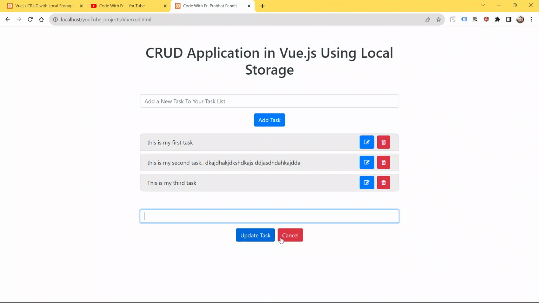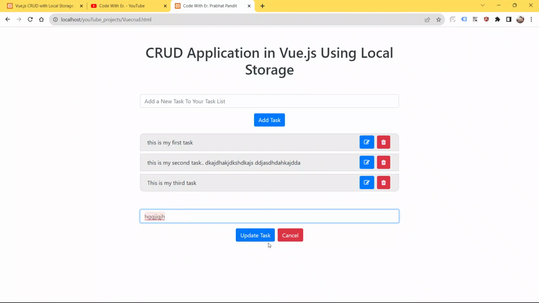If the user hits the button cancel, then we will hide this input box, we will hide this entire form. Whenever the user hits the button update task after putting something into the input box, we will run the function updateTask.